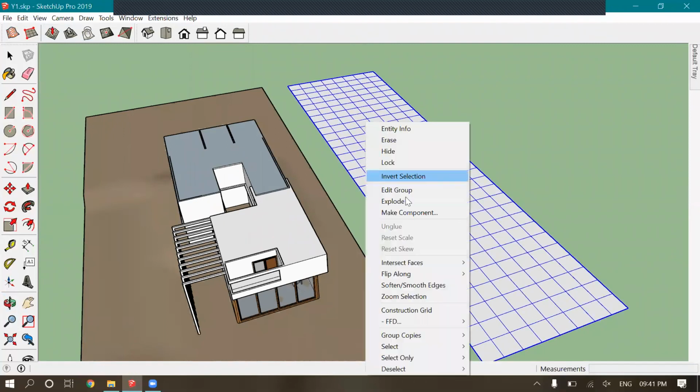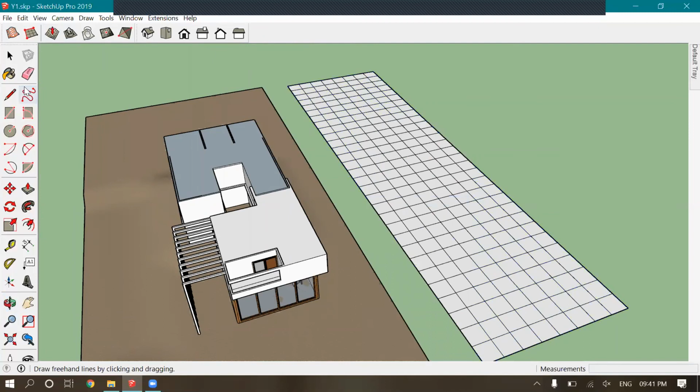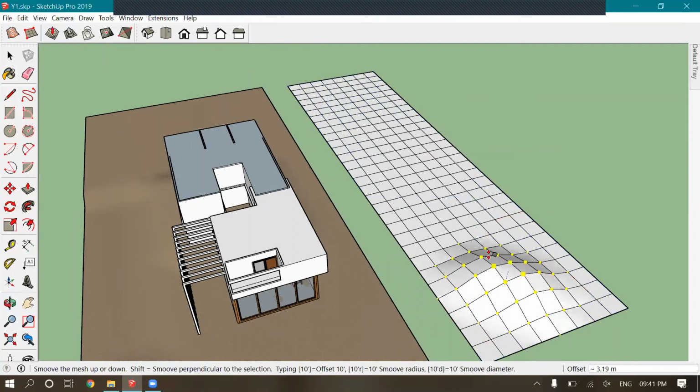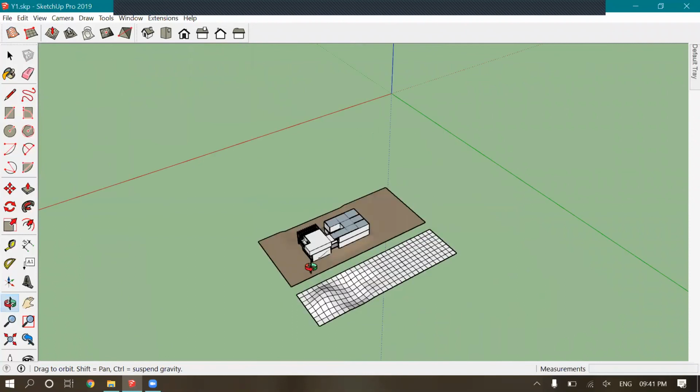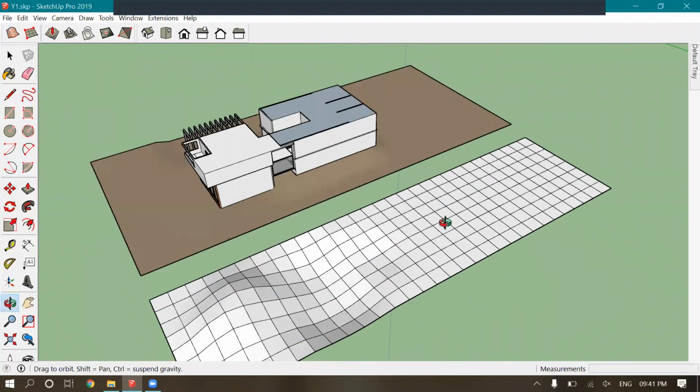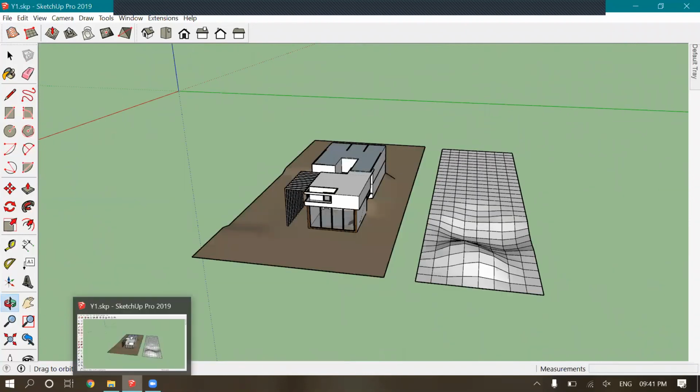Oh, need to explode it. So now it works. Do whatever you want. Is that clear? Yes, sir.